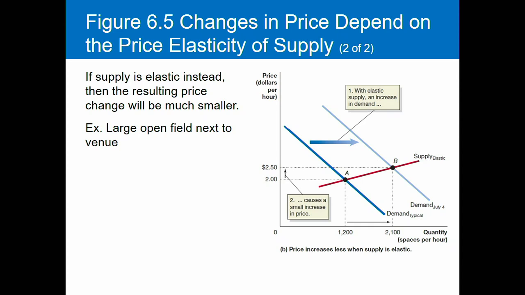Now, in this opposite case, there is a very elastic supply curve. Let's say for the same example, the parking lot, you can't really expand that, but there's a couple big fields right next to the parking lots, so you can have people park their cars in the grass there. So in this case, supply is going to be very elastic. There's a lot of additional spaces they can start using. So when the demand curve shifts out to the right, we end up with a large increase in the quantity supplied. A lot more people are going to be parking in those new fields they typically don't use. So the price is only going to increase slightly.